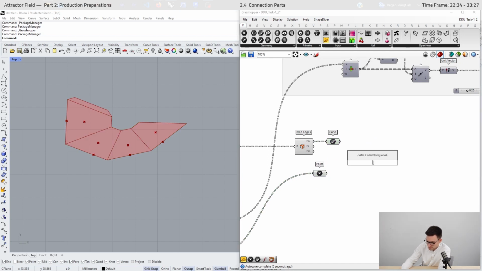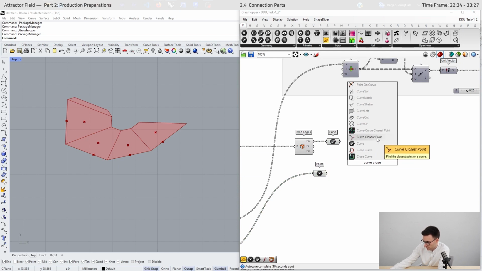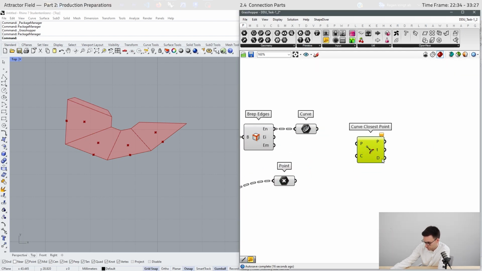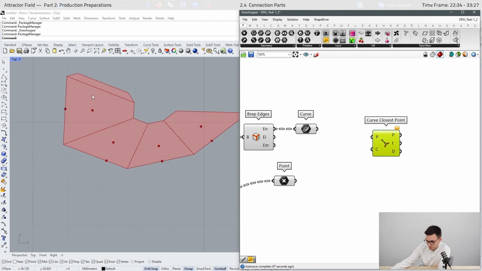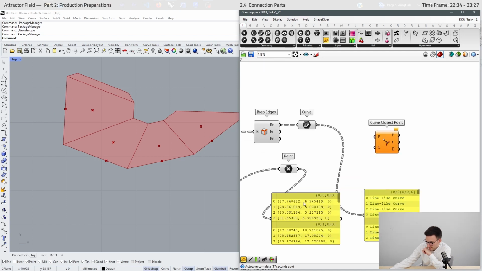And now we can use the curve closest point. Here we receive the distances, and we project this point on every 4 edges. And if the distance is 0, then we know that this is the edge we want to use. Here we can see we have 4 points for the whole geometry, and here we have 4 curves for just one surface.